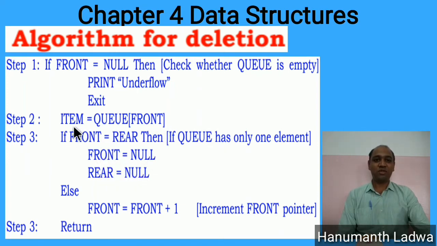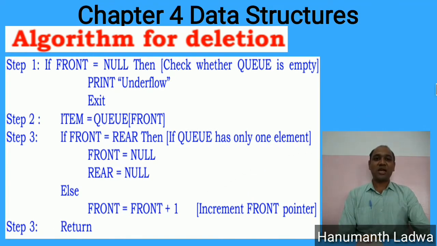If both of these two pointers, front and rear, are equal, then front should be equal to null and rear should be equal to null. Otherwise, front is equal to front plus 1, which means we'll be able to remove the first element, and front is the pointer which points to the next position. Step 3,